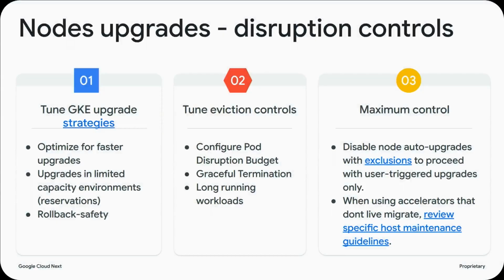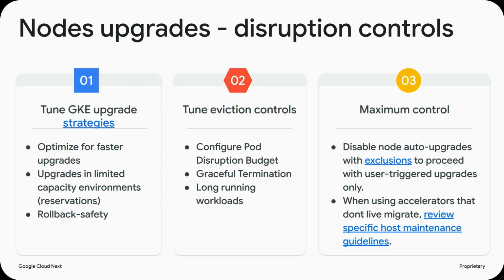And then we've talked about cluster upgrades. And what about node upgrades? There's a lot of things you can do also in terms of options to tune the node upgrades. One is the GKE upgrade strategy. By default, we use something called surge upgrades. There are lots of mechanisms to actually tune it, like for more parallelism or for limited capacity environments. Of course, if you don't have enough capacity, you can't surge. So you will need to tune the parameters to address that.